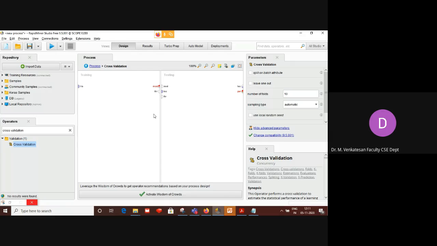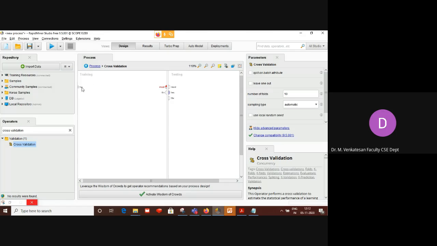What are you able to see? Are you able to see the training window and testing window? Yes, sir. So what is the purpose of cross validation? It divides the data into training and testing. You are able to see training here and testing here.